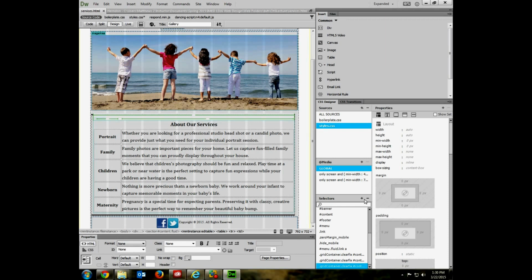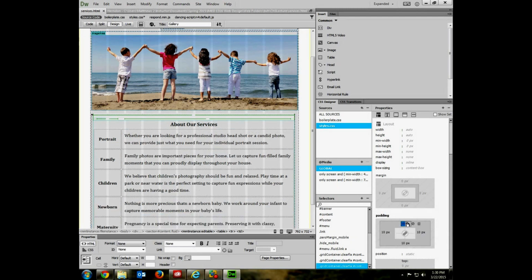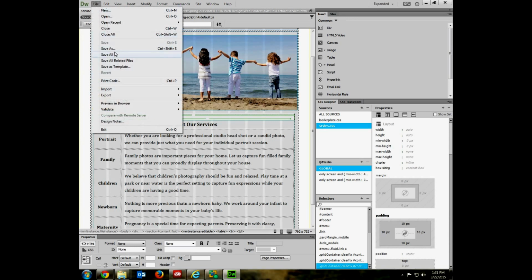Okay, and then we're going to go to the padding again. We're going to link them together, and we're going to choose one of them and change it to 10 pixels. And it should change all of them when I do that. Okay, then we're going to go back and do File, Save All,